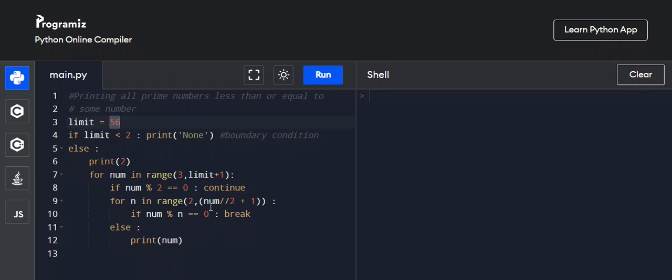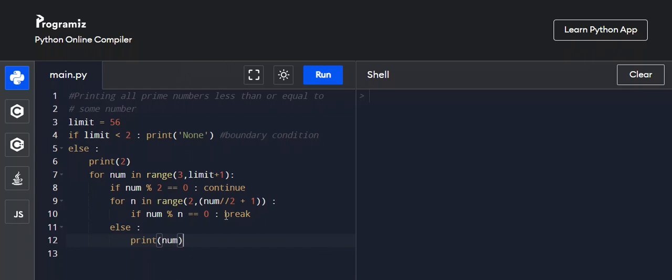Okay. So for each such number, we need to check whether the number that we are checking the factors for is divisible by the variable n, whose value is from 2 to half the number. If it is divisible, then we break from the loop. In that case, we know that the number is not a prime number, hence we break from the loop. Here you will find this syntax that after for we are using an else construct. We know that there is no if construct for this else. The reason being that Python does allow you to use else constructs with loops, and the syntax for that is,